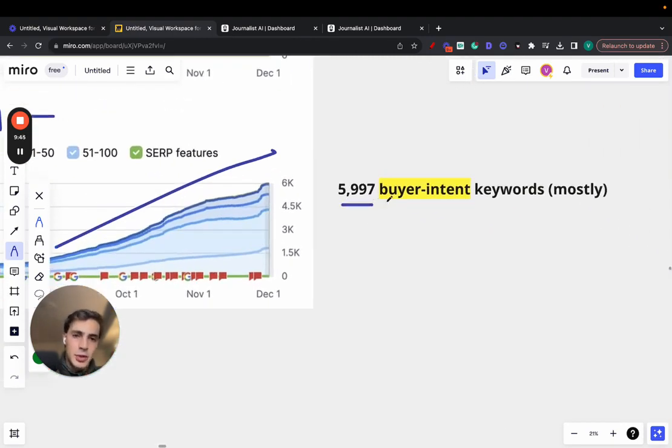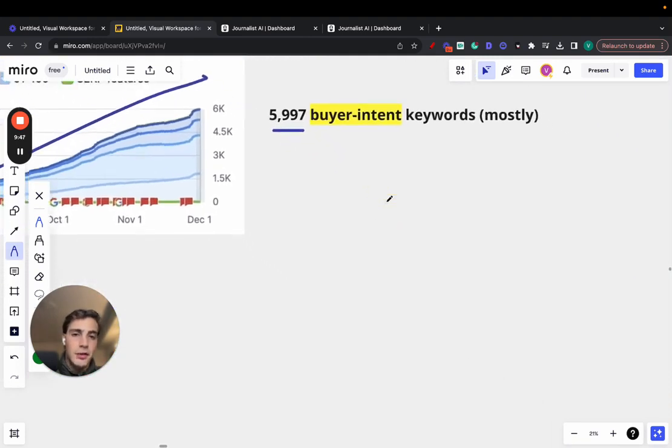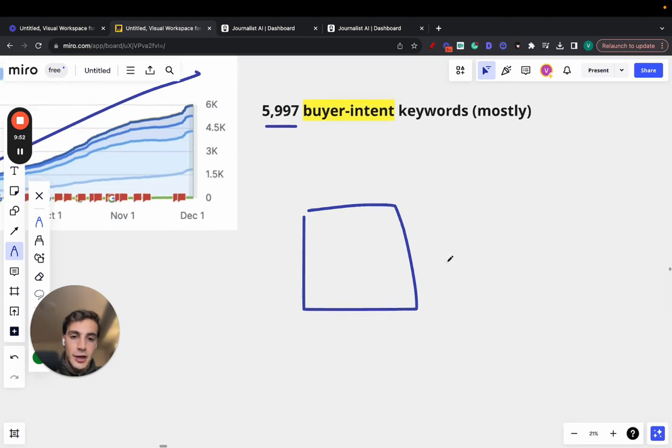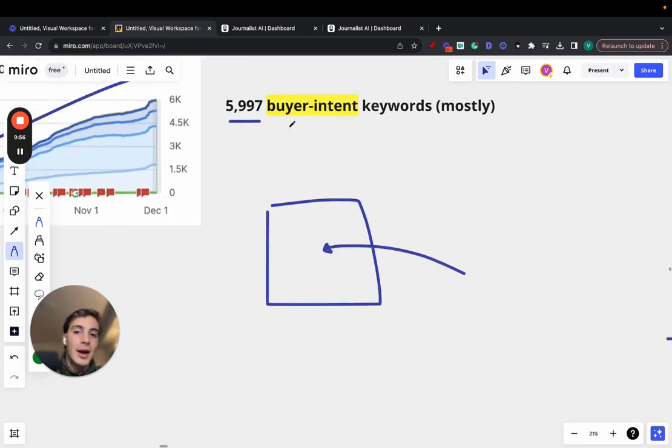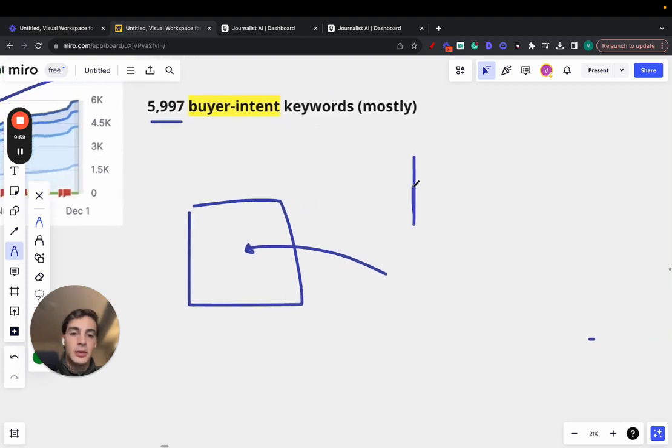Most of these keywords were buyer intent, not all, of course, but let me give you an example. Let's say I have an iPhone repair shop. I repair iPhones. I want to get people in to repair their iPhones. I want to target buyer intent keywords. For example, how to repair my iPhone or where to repair my iPhone. I don't want to target keywords like,